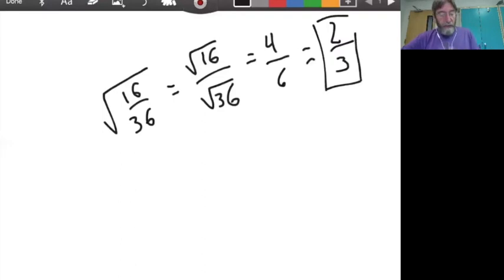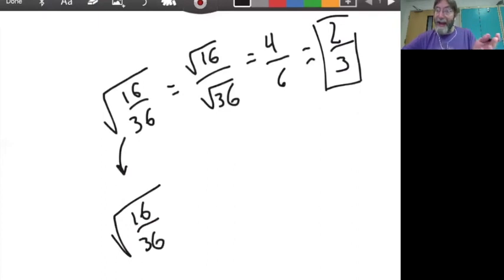But now I want you to double back here to the original. Some of you might have looked at this 16/36 and said to yourself, well, wait a minute, 16 and 36 can both be simplified, and they can. 16 and 36 have some common factors. 2 goes into both of those. Well, we can go step by step. If you divide both of those by 2,